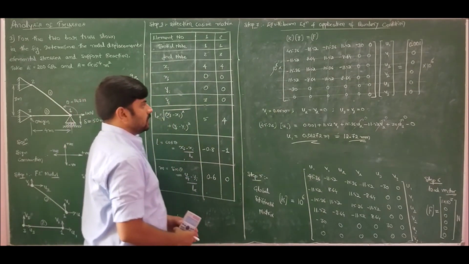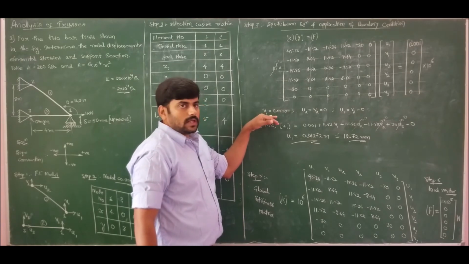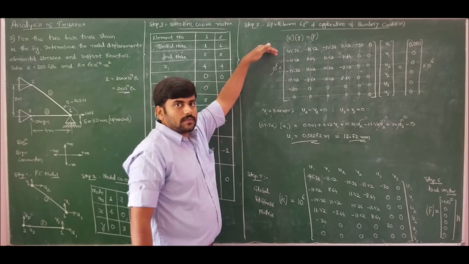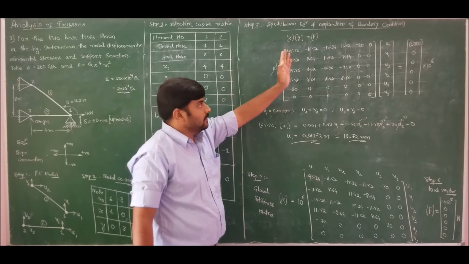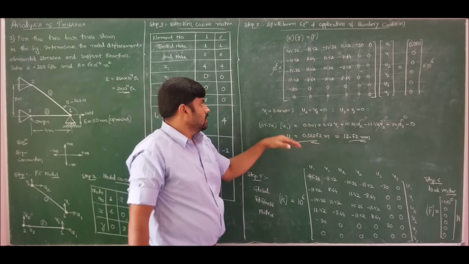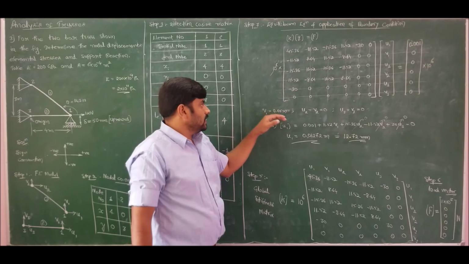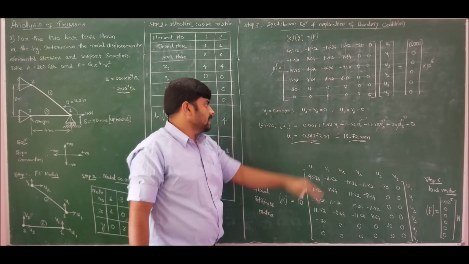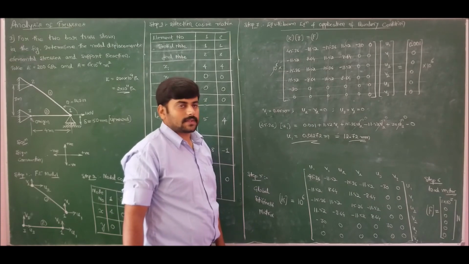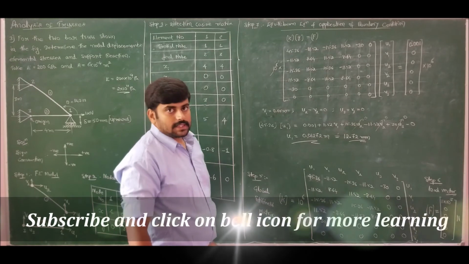So, very important: since the known displacement is not equal to 0, I should use the actual elimination method, according to which, in the active row, the terms which are eliminated in the column should be multiplied with their respective displacement and taken to the RHS. That is what I have done. Since we are solving the problem in meters, I substitute V1 in meters and solve, and I get U1 equal to 12.72 millimeters. So now I can calculate the elemental stresses and support reaction.